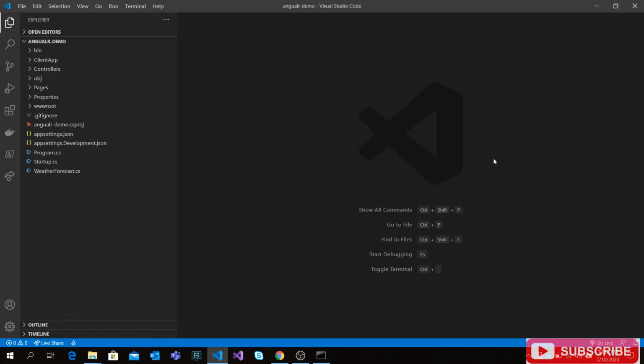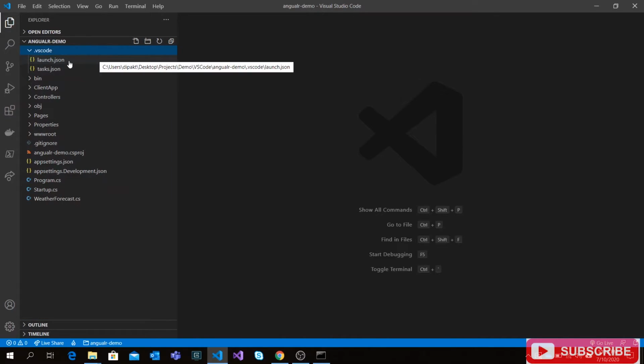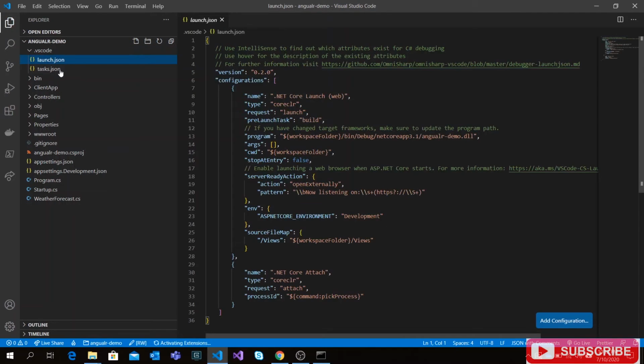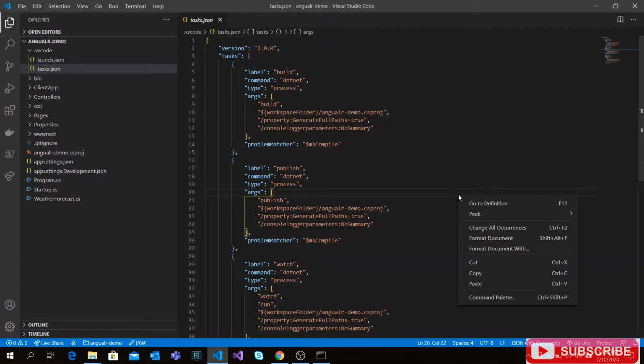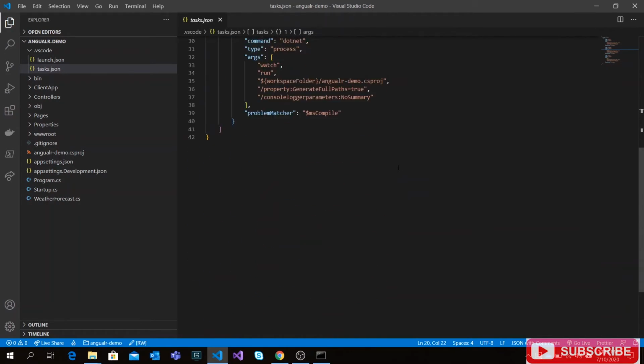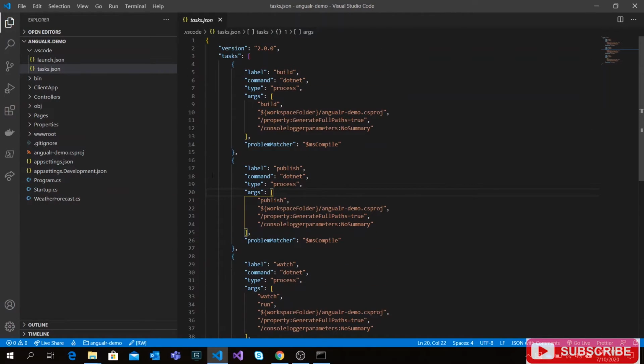Let's check. In that folder, we will have two files. One is launch.json, the other is tasks.json. So this will create all the configuration that we need to run our application inside VS Code. Once it has done this process, we can go and run our application.